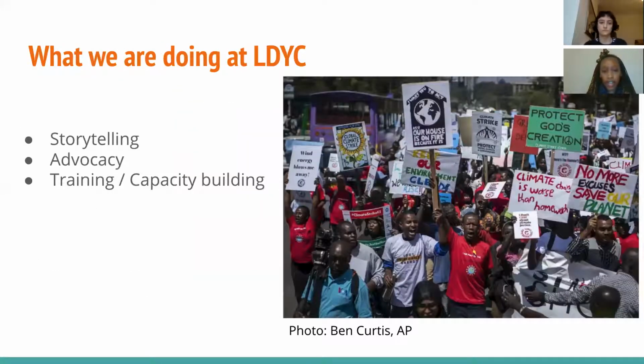Next. So what we are doing at LDYC could be summarized in 3 parts. There is storytelling. We're gathering different stories from different parts of the world on the impact of loss and damage through blogs, video, and art. We're also advocating for the government to take action in addressing loss and damage on the national and the international level. An example could be the open letter written to the US government. We're also building the capacity of youth to understand the connection between climate change and its impact, and becoming the experts on loss and damage, to be the negotiators, future negotiators, and everything.